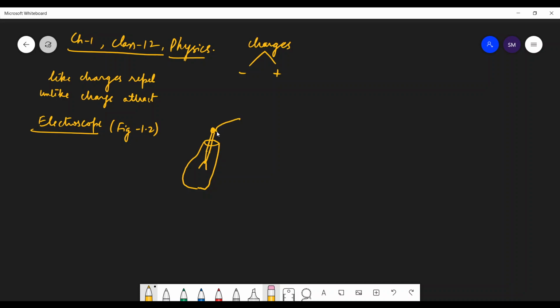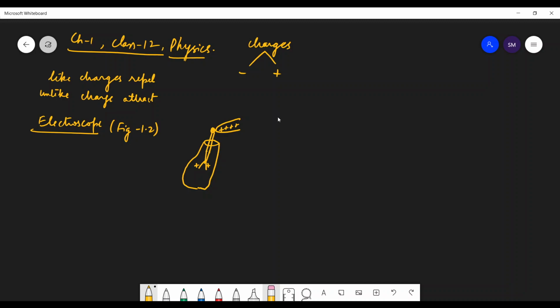As I touched it and supplied positive charge to it, that positive charge will come here and these leaves will spread, and the spread of these leaves depends on the quantity of charge. So it means